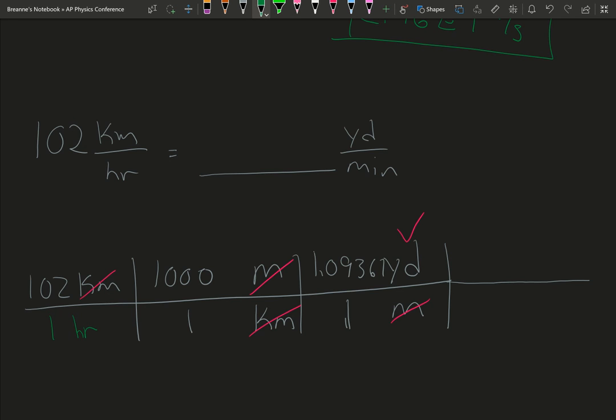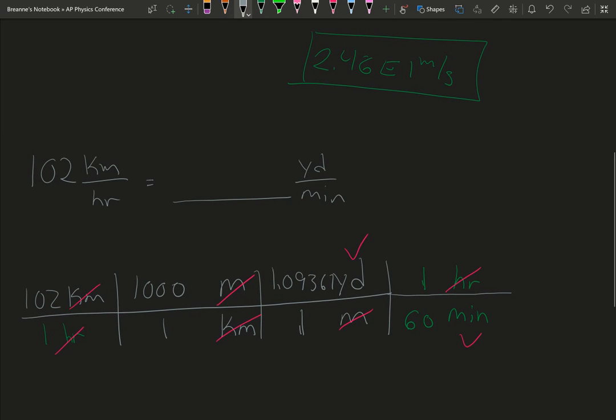So we don't want hours. Hour needs to jump up on top. And we want minute. So for 1 hour is 60 minutes. That causes our hours to cancel in minutes. So again, just multiply across the top. So you get 102 times 1,000 times 1.09361 times 1 gives you